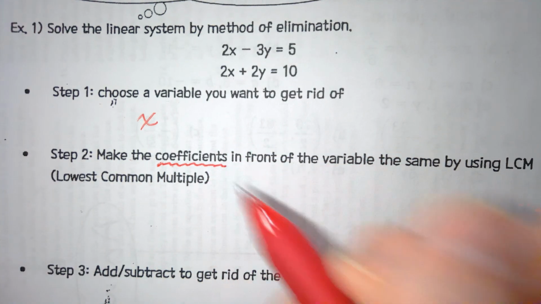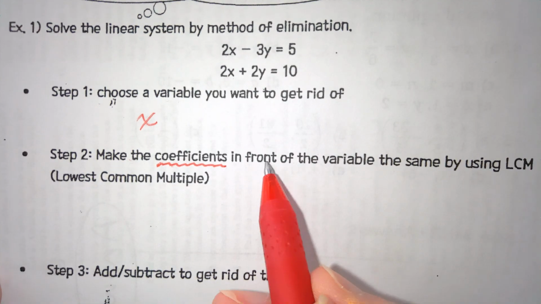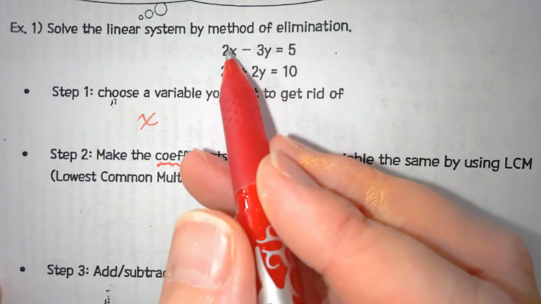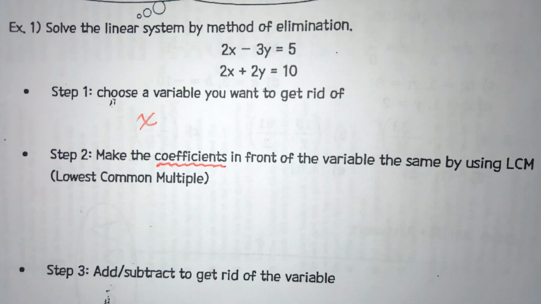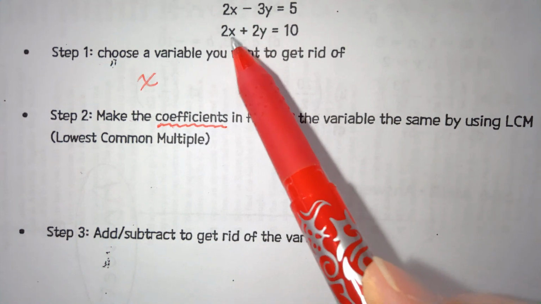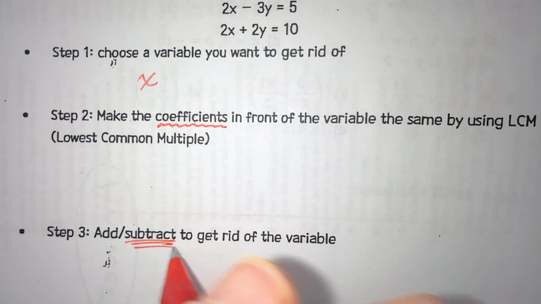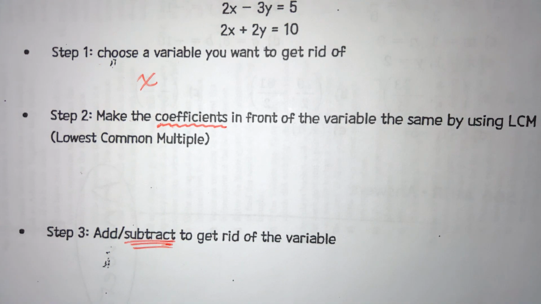Again, what does the word coefficient mean? Not the variable, but the number in front of the variable. The number in front of the variable in this case is both 2. That's what you want. To get rid of the x, should you add or subtract? This is 2x, this is 2x. Yep, subtract, that's right. So we're going to subtract because 2x minus 2x